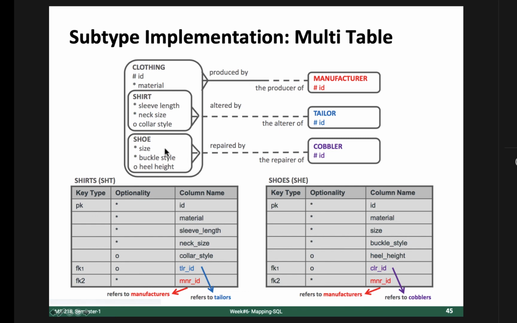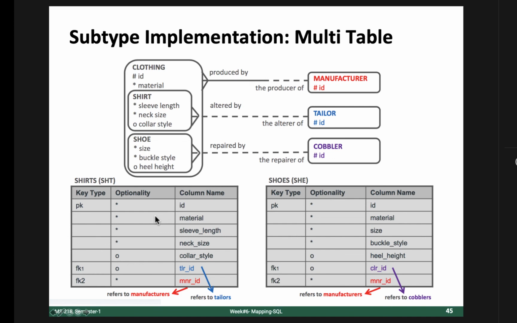Obviously the three attributes related to shoe size, buckle style or heel height wouldn't be coming in shirts, but they would be coming here. So it's up to us: for each subtype, either we can create a multi-table implementation or a single table implementation.